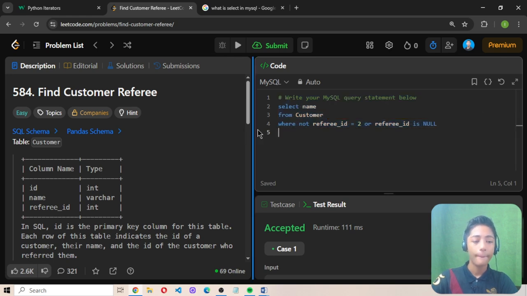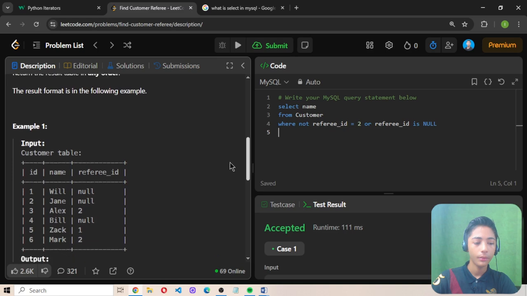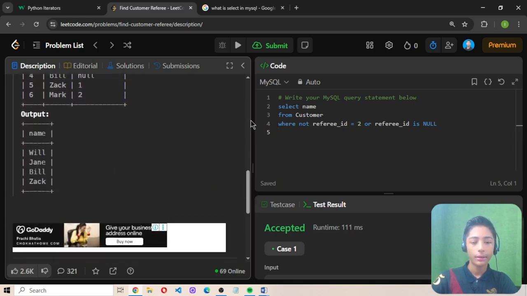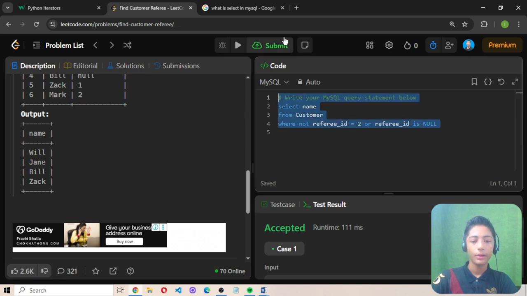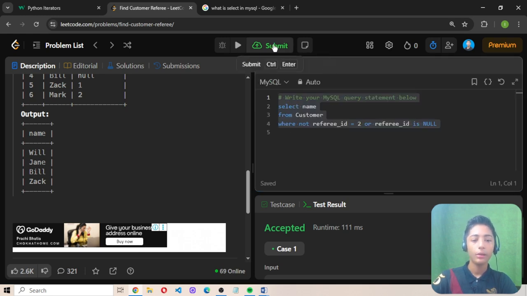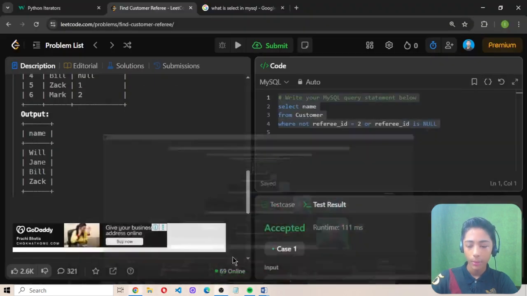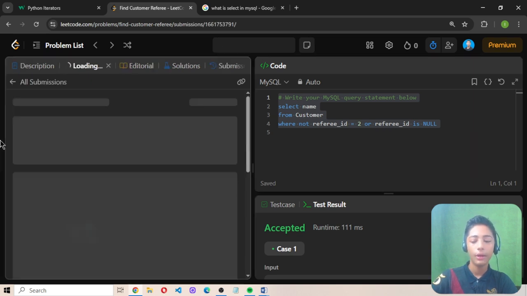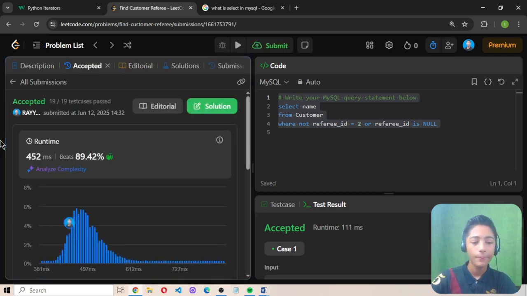Now let's see all the code correctly. Okay, it is accepted. Now let's submit the code, and you should also make a note here, like these types in LeetCode. Control Enter is a shortcut key to submit your code, but I am submitting it with my mouse. When it has been submitted, it has been accepted, and I beat